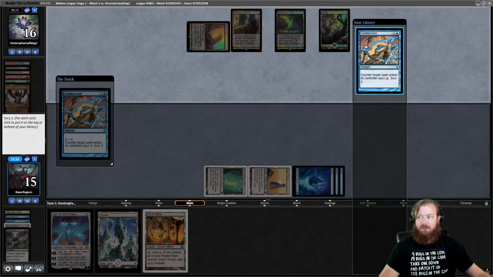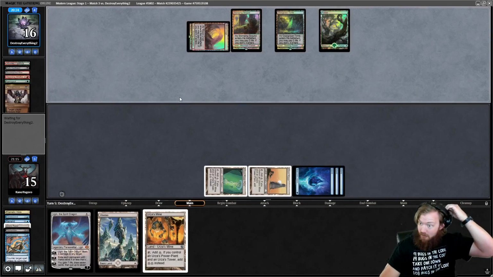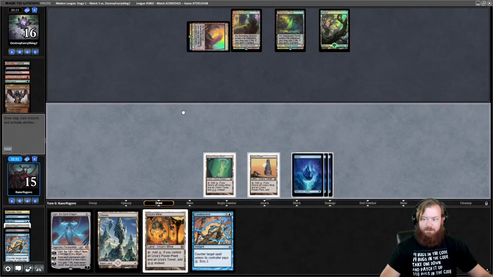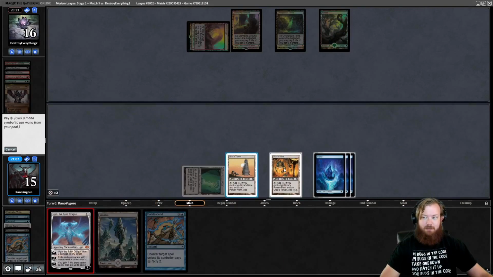I think I would rather find another threat, but Condescend is really good if we draw it, or if they don't have another Thoughtseize effect. But I think Fulminator is better than Cleansing Wildfire in a Jund list. Like, unless you're playing Surgical Extraction as a board option or something, but...